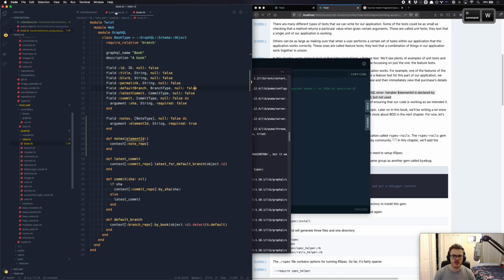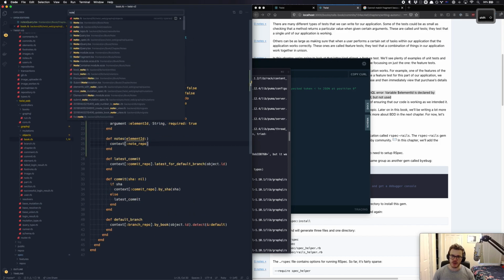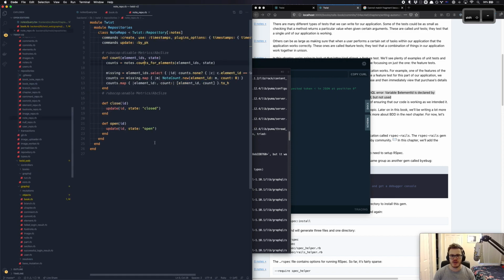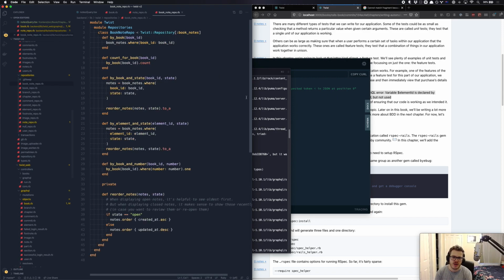So let's just look at that note repo. That note repo is over here in this class. Looks pretty bare bones at the moment. Looks like we don't have anything in particular that will let us get out note information there. Maybe it's the book note repository I'm thinking of. Yeah, it is here. So this book note repository,